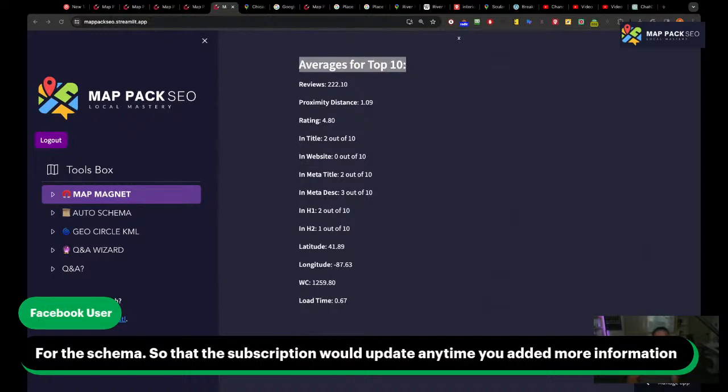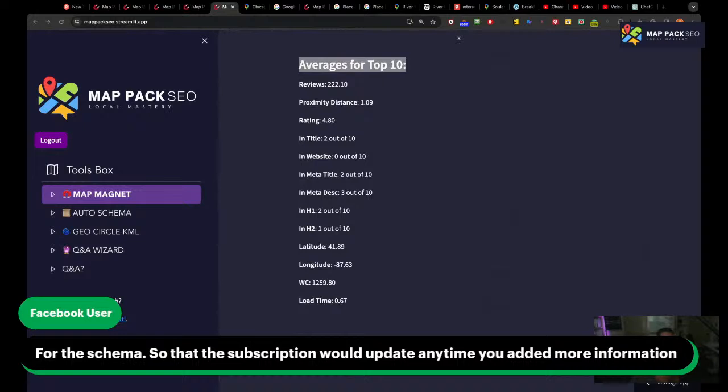So I'm going to keep building on it. I'm going to keep adding more tools. The industry changes overnight, so sometimes what works right now might not work in the future. And that's why I created it as a toolbox. And right now, there are 4 of them. I do have a lot of enhancements.